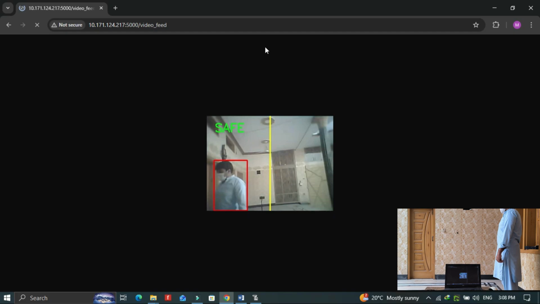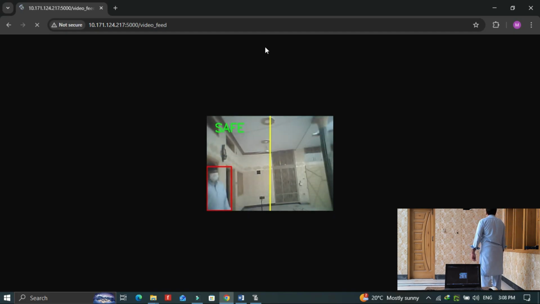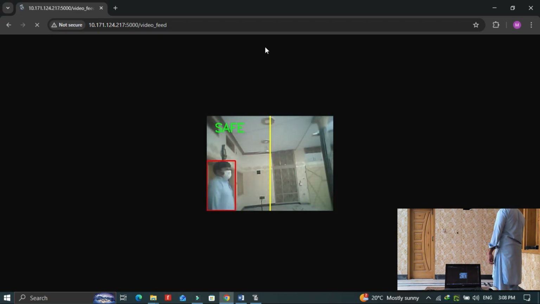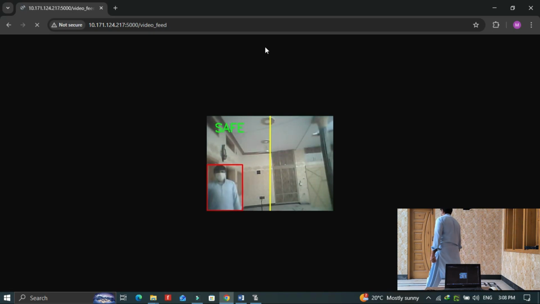At the same time, you can clearly see the warning message displayed on the screen, along with the bounding boxes around the detected person. This confirms that our AI model, server, and ESP32 cam are all working together perfectly.